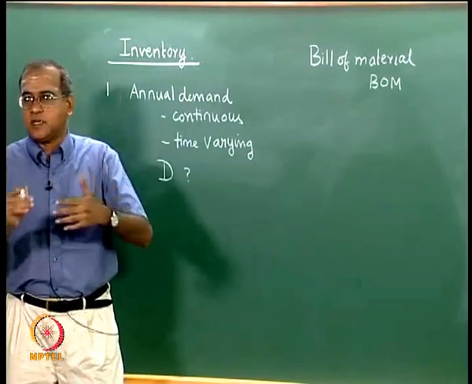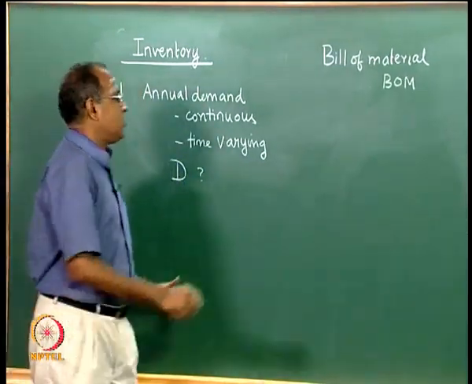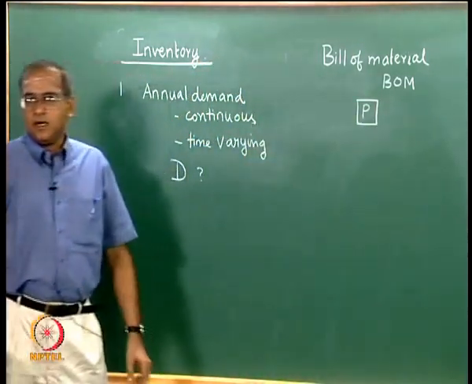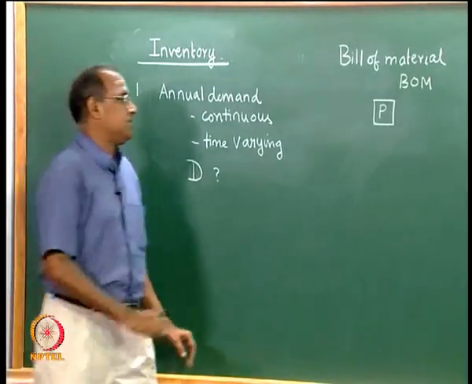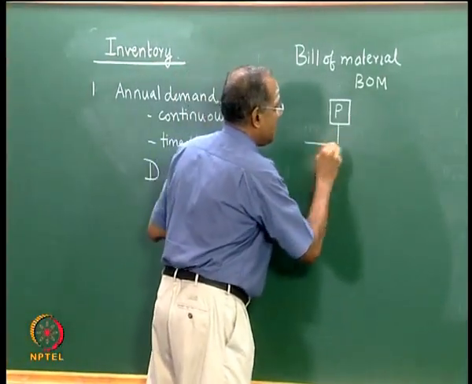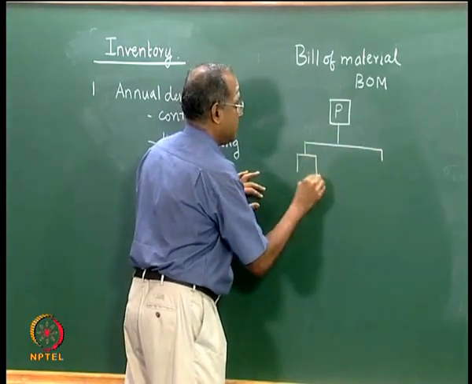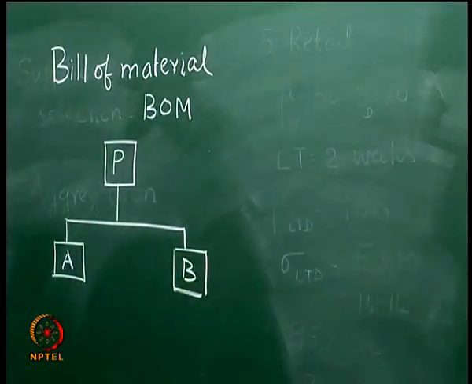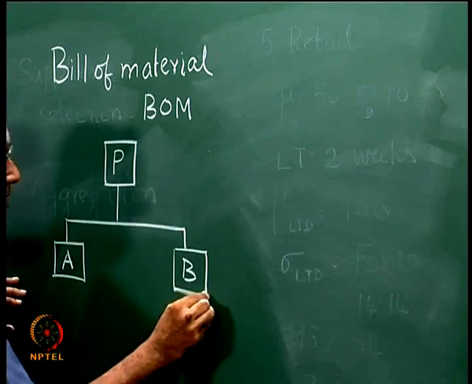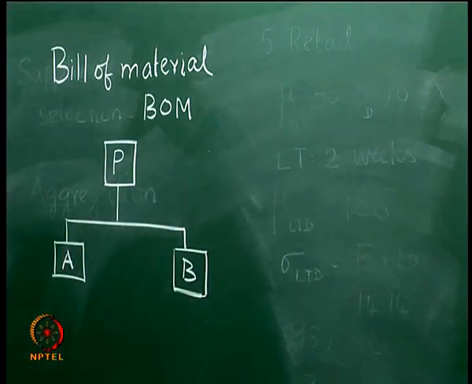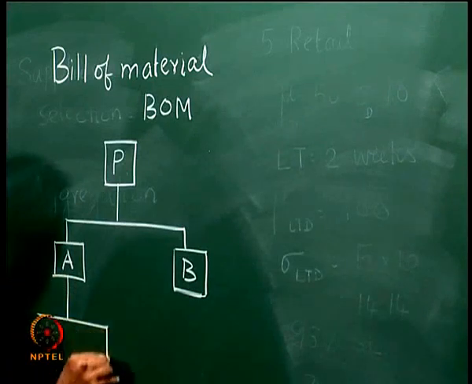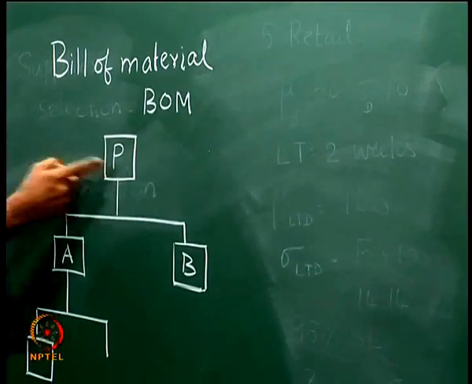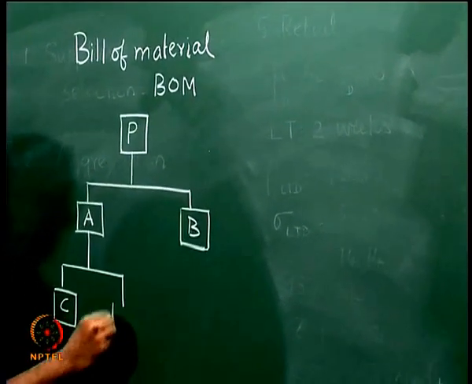In reality, these diagrams are much bigger and far more complex. So, let us assume that we make a product P, and for the sake of illustration, let us say that P is made up of two components, two assemblies A and B. Both are assemblies, and then these assemblies go to make the final product P. Now, let us also assume that A and B are sub assemblies which finally make P. Let us say A is made of C and D,